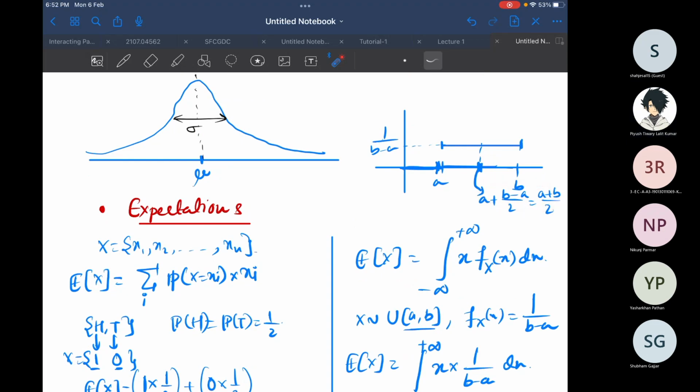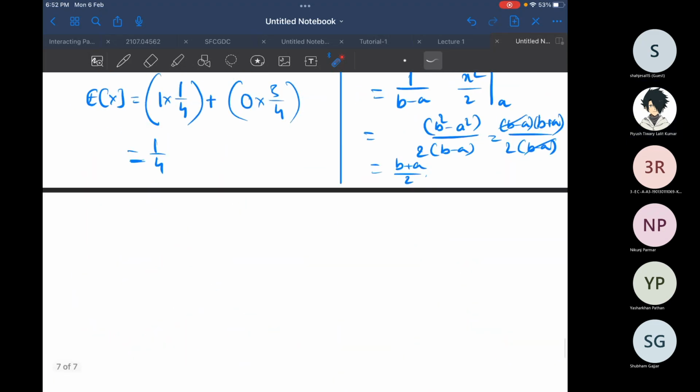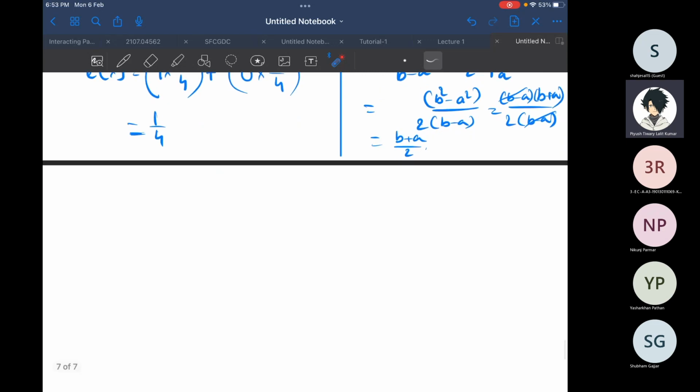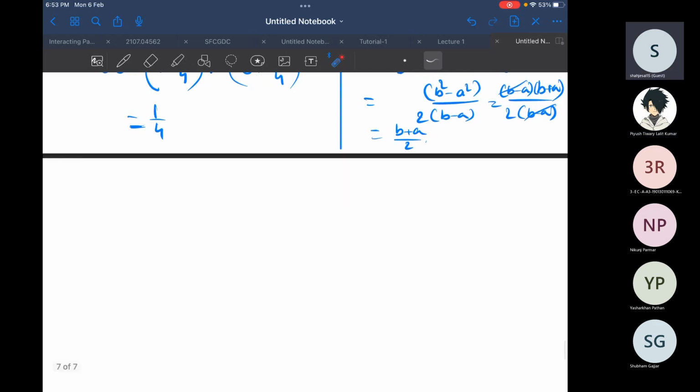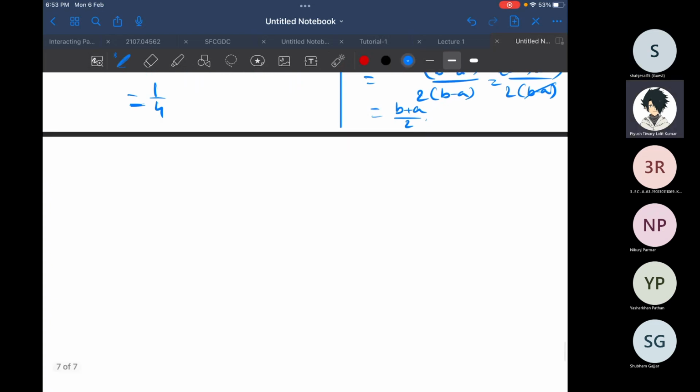I think it is getting very boring perhaps, I don't know. Do you guys want me to end here, or can I go for just 2-3 minutes and then we can complete this expectation and all those things? Yeah, you just complete the expectation part today if you can, if we do not have anything else left. Okay, yeah, so let me do that.